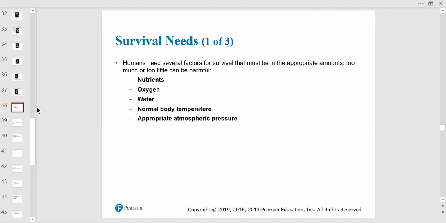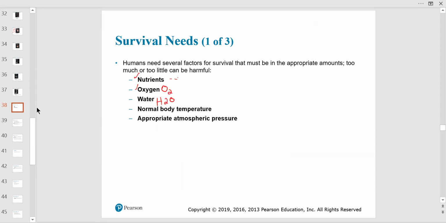Survival needs, and not in this order. Nutrients, of course, oxygen gas, right? Oxygen gas, water, H2O. And the nutrients are basically, you need vitamins, of course, like in small amounts, but in large amounts, you need those amino acids from proteins. You need the glucose, of course, for carbohydrates, and you need the fatty acids from your triglycerides, and you need cholesterol too. You'll find out why you need some cholesterol.